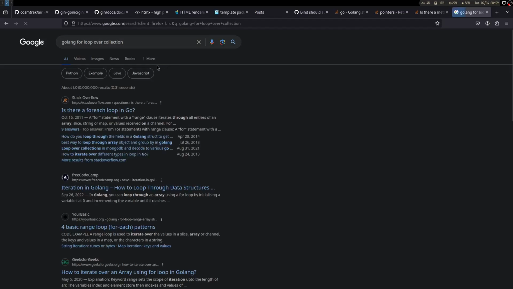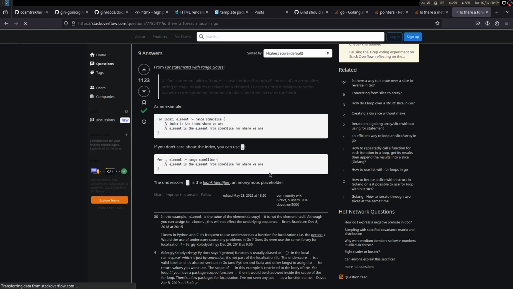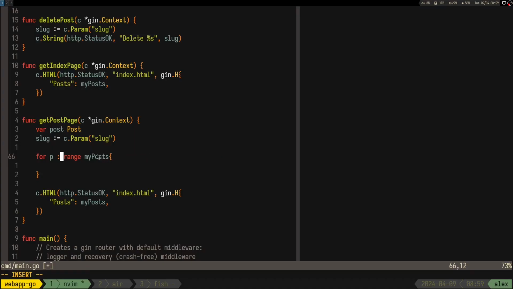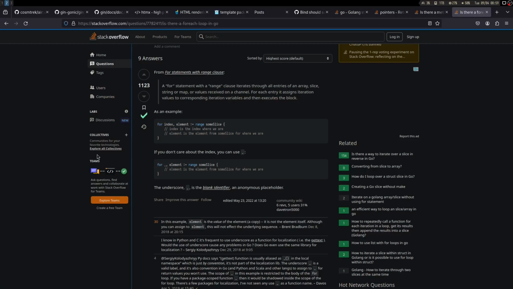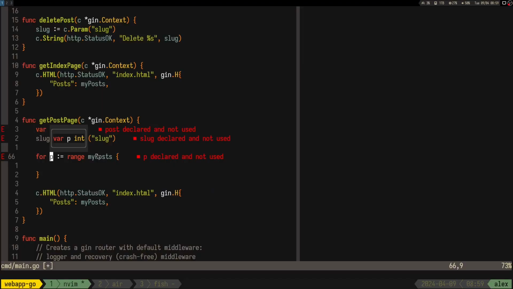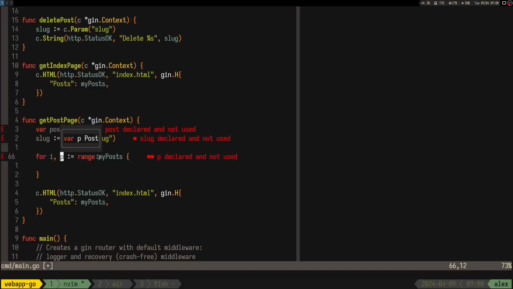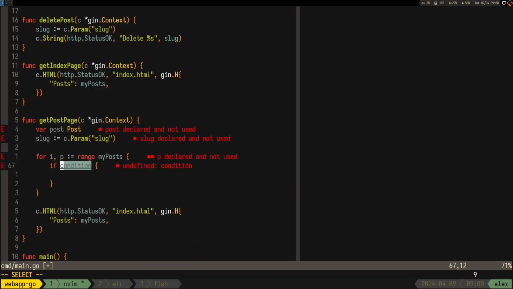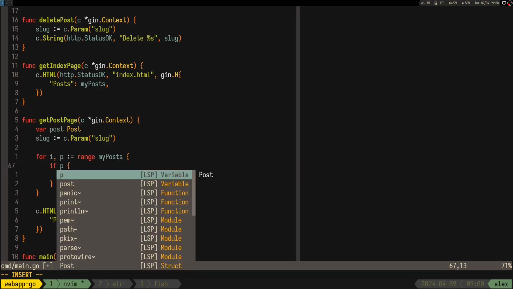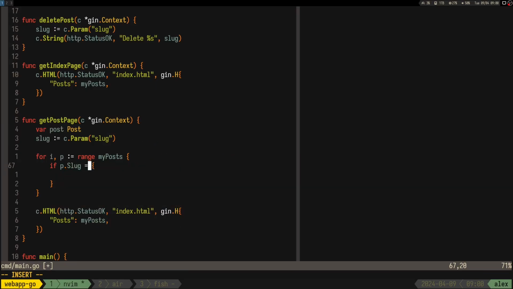For loop over collection. Oh, is equal to range. Okay, I mean obviously. Oh, interesting. And p is an integer, so this is the index. I mean, let's do i, and now we can say something like, well, okay, and we can also do post. So if p dot slug is equal to slug,